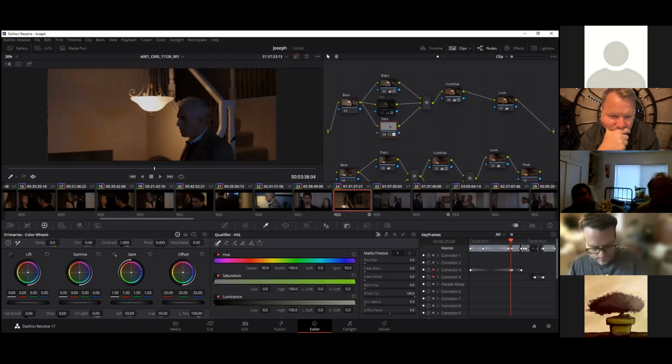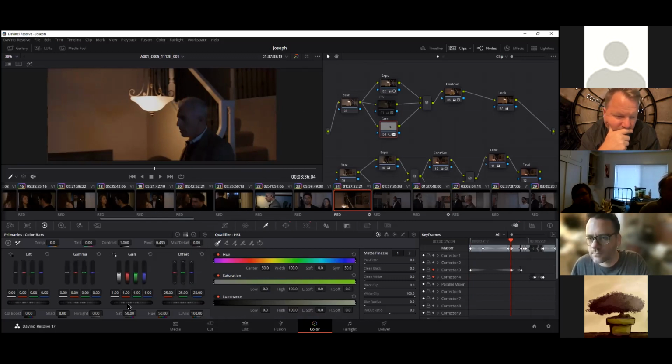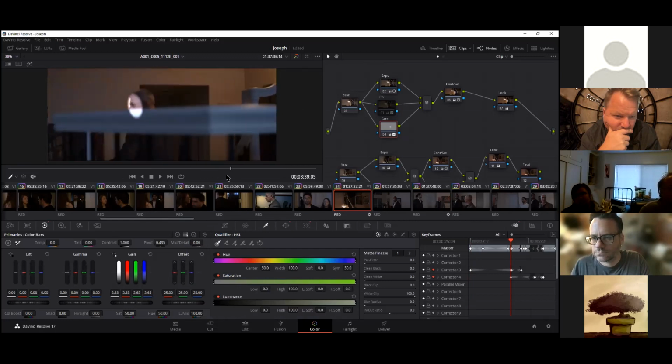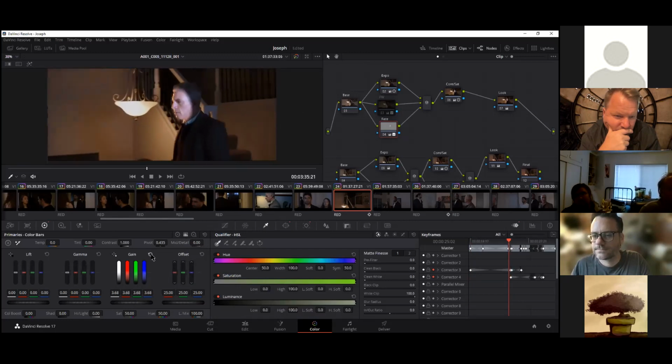And to get a little bit more light on his face, well, I'm not going to use the qualifier just yet. I'm going to come to our color bars, and I'm just going to increase the gain on his face. So if I dramatize this, you can see that this is effectively just going to be a face light. I'm going to hit reset. So we just want a little bit more brightness on his face. We don't want to go too crazy, just something that looks natural. That looks good right there. Maybe